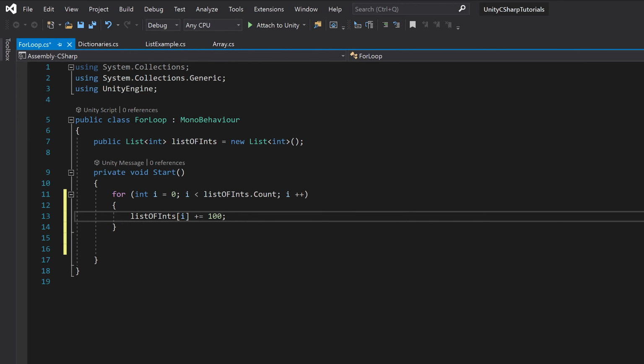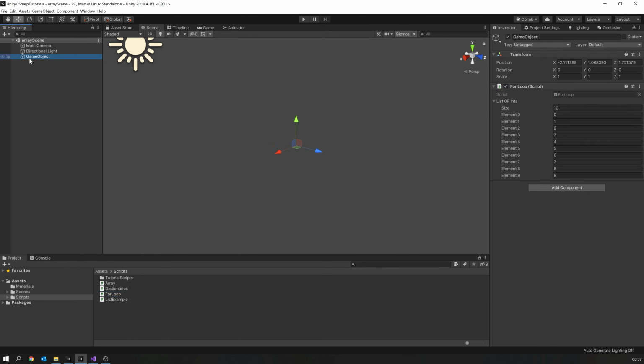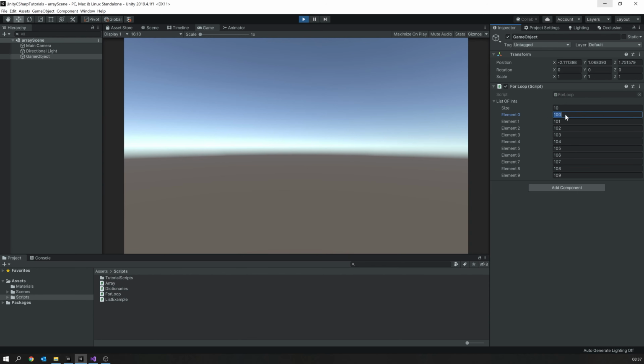So when we go through here, i is going to be 0. So list of ints 0, which is our first element in our list, we're going to add 100 to it, and then it's going to loop around again. i becomes 1. So we're accessing the first element within our list, and we're going to add 100 to that. So all we're going to be doing is jumping through this list and adding 100 to each of them. And then when we run this, you'll see here that instantly 100 is added to each of our elements in